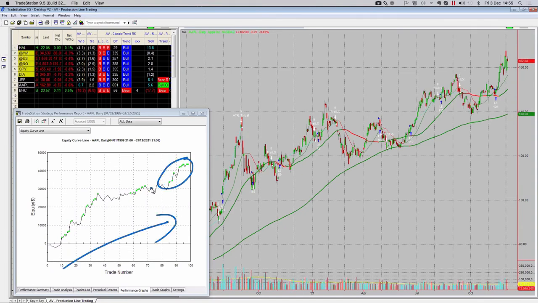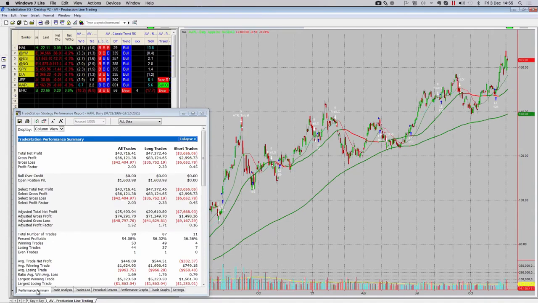Looking at the last 20 or so trades, the last 1 to 2 years. I don't know if you noticed, but something weird went on in the last 1 to 2 years. Should I continue to trade it? Those little green dots mean that it's making new equity highs. The strategy is still performing, not just long term, but in the short term. That's what I'm just checking there. It's just a visual representation to say, should I still be trading this stock? Yes, I should. That's all we want to know. Let's check out the deets.